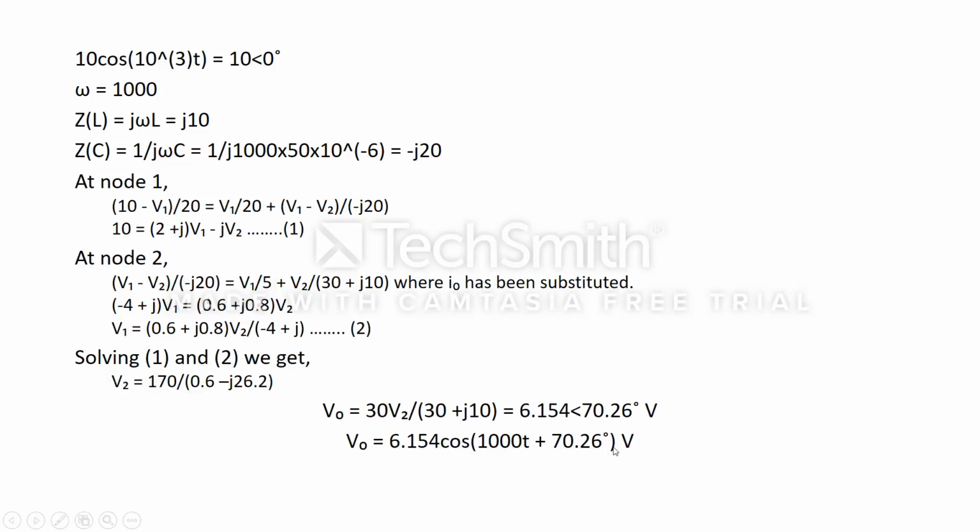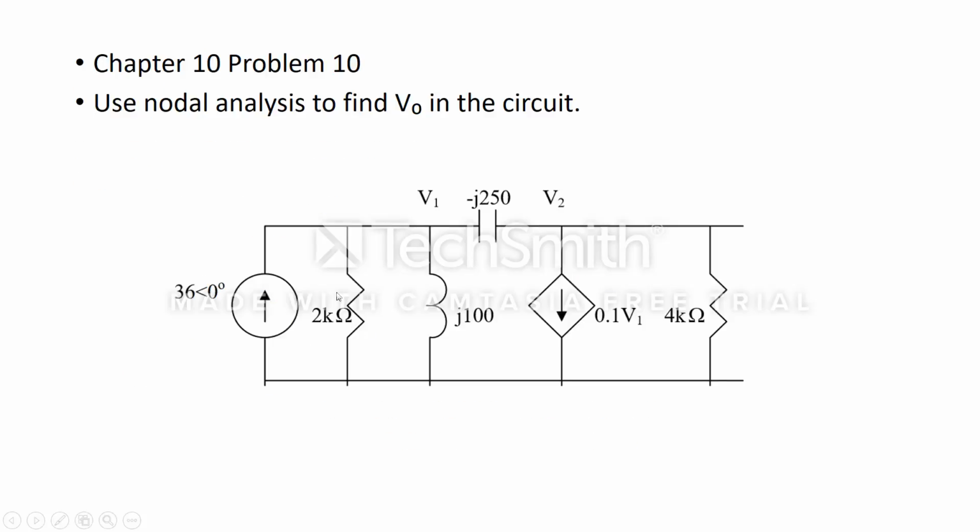Now guys, the 9th question is over, and finally the 10th one. It's problem 10.10, and as usual it says that we have to apply nodal analysis to find V0 in the circuit. Due to an error, I have just missed the V0 over here. As we can see in the question, we have 36